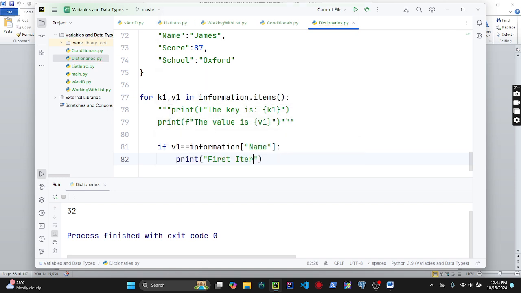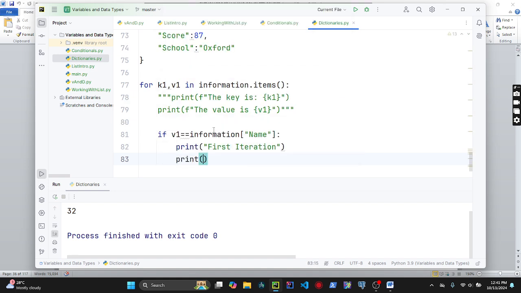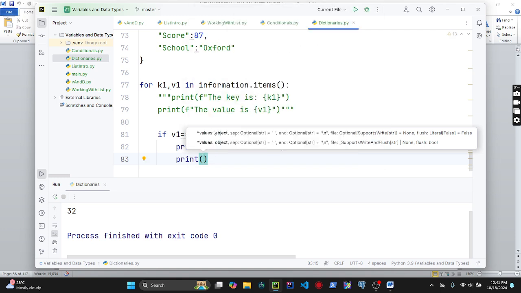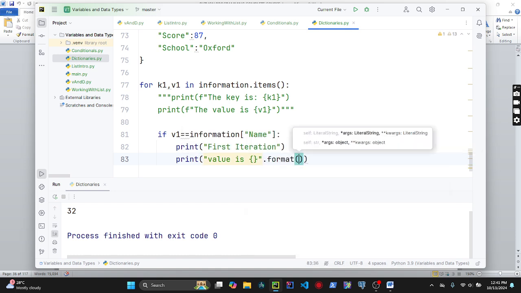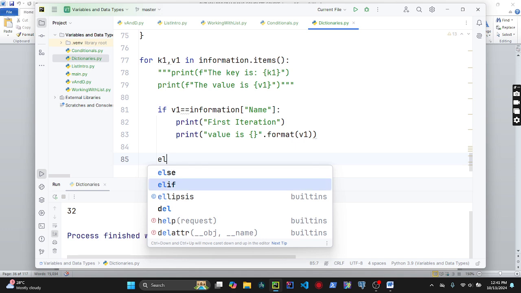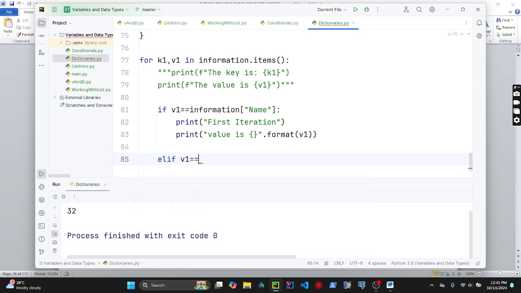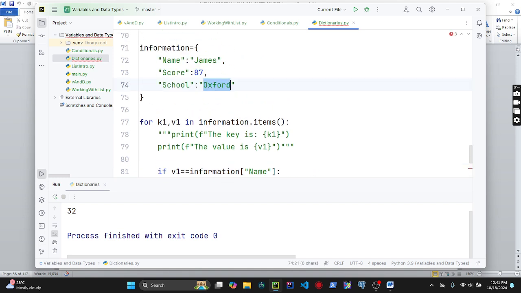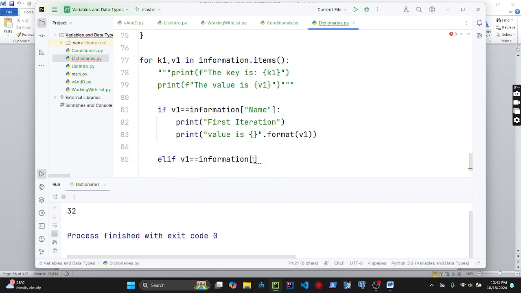first iteration. Then you can come here and say value is, you can even use the format method here. You can say value is, open a curly bracket, use your format, and then you put your v1, to substitute the value of v1 for that iteration. Then you can come here and create another condition and say if v1 is equivalent to information, target the next element at the next iteration, which is score, and that is you target